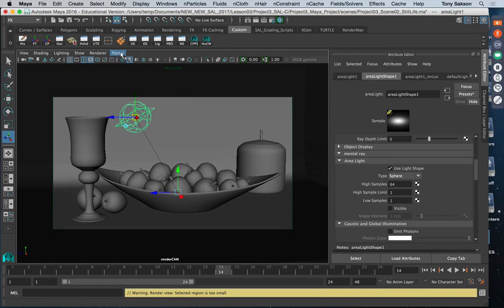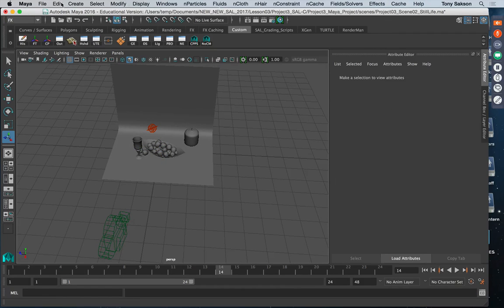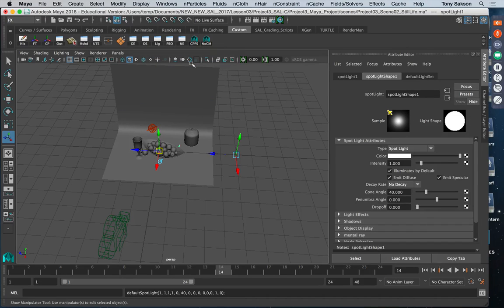All right, so what I'm going to do, go into perspective. I'm going to create a spotlight. Again, a couple things I can do with my spotlight that I can't do with the point or the area. Let's look through it like a camera. Because it acts like a projector, I can treat it like a camera. So I can use the center of interest and I can line it up and pretty much guarantee where it's going to go. Or I could select the light, go to panels, look through selected,